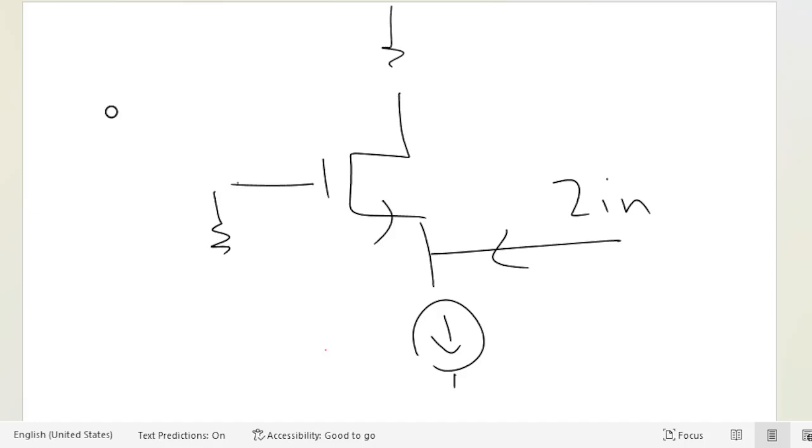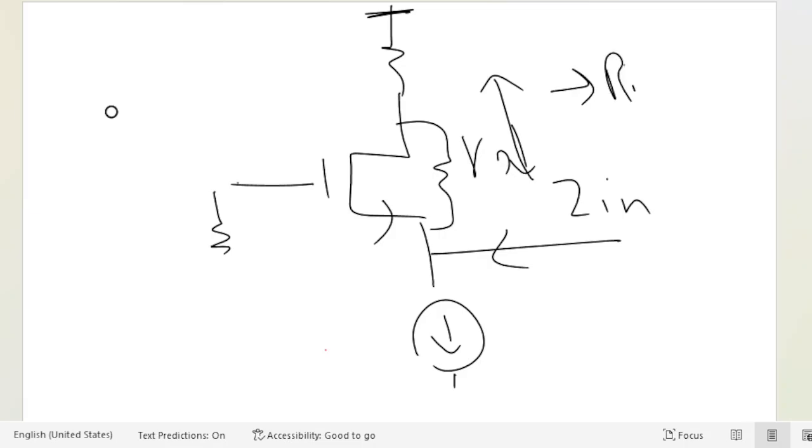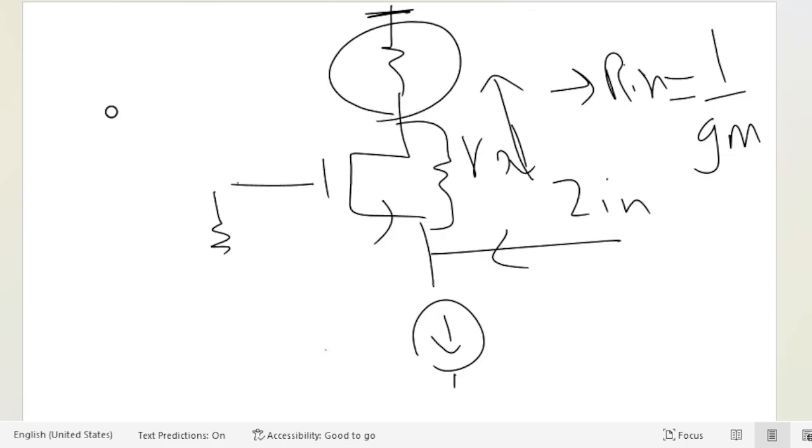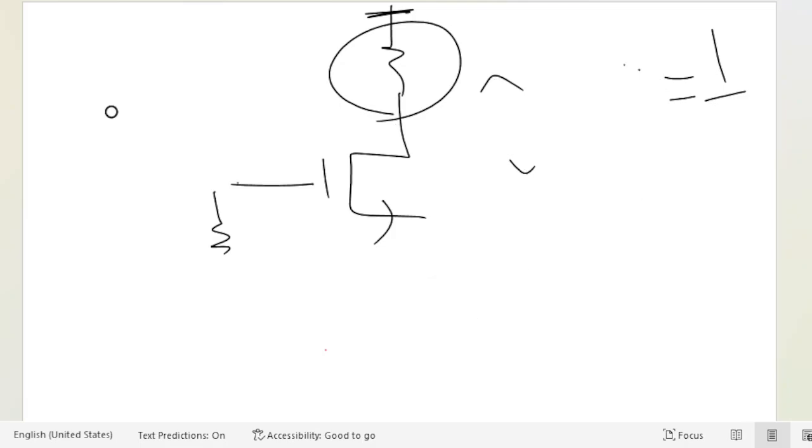If we assume that the RO here is high, we can say that the input impedance is 1/GM. But if the RO is not high, we would have the effect of the load. So how can we increase the input impedance? In some applications we like to have a low input impedance. So how to lower the input impedance is one of the specifications or